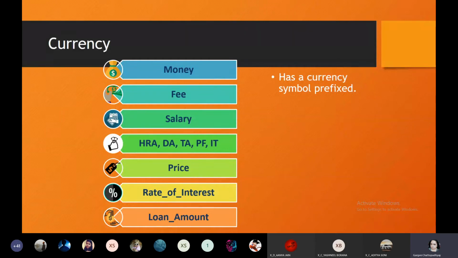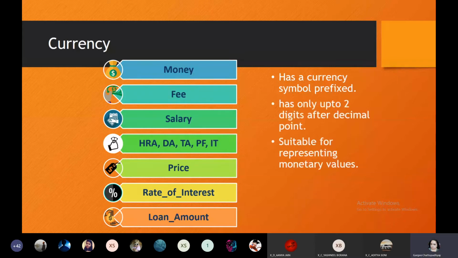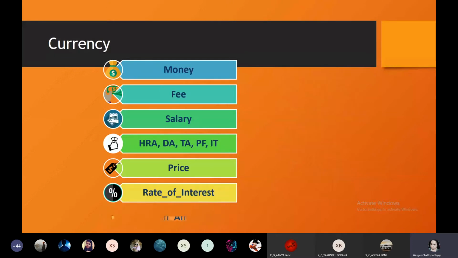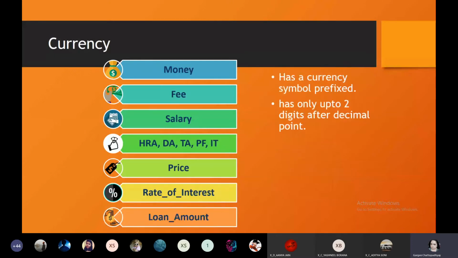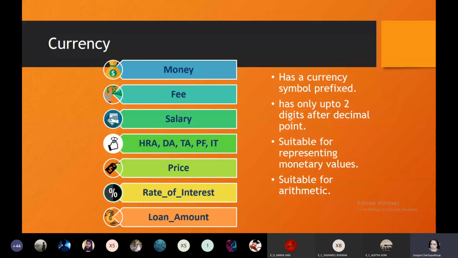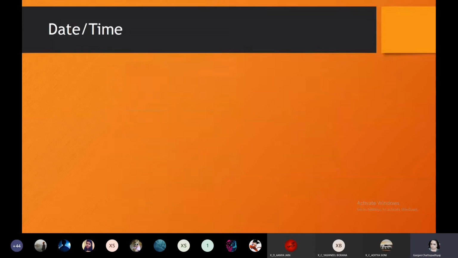Firstly, it has a currency symbol, and secondly, it allows only up to 2 places after the decimal. Suitable for representing all monetary values, because in monetary values we don't need more than 2 places after the decimal. Suitable for arithmetic calculations. I'll be sharing this PPT with you, so no need to note it down. So these are the two differences between currency and number.